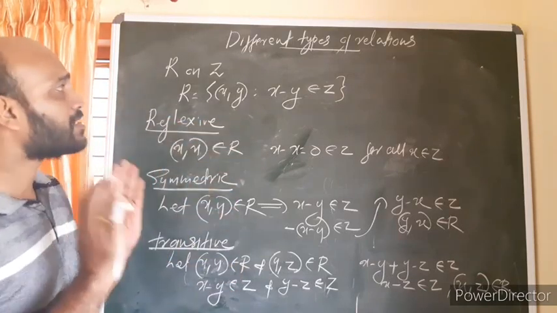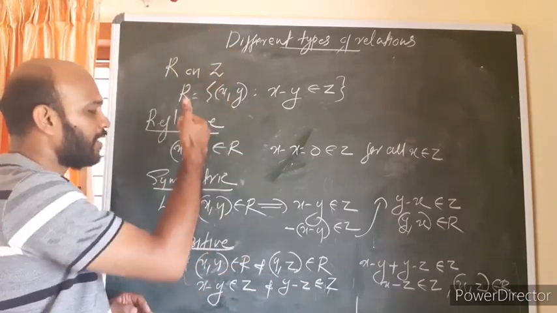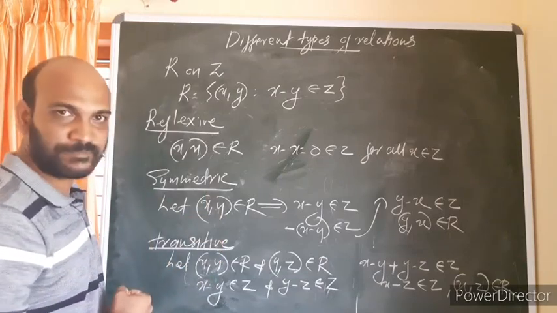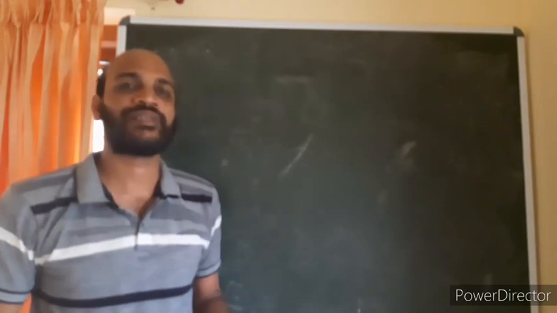So if R is a relation on an infinite set, we have to prove reflexive, symmetric and transitive in this form. Okay. So we can wind up section 2. We can do more problems in section 3.